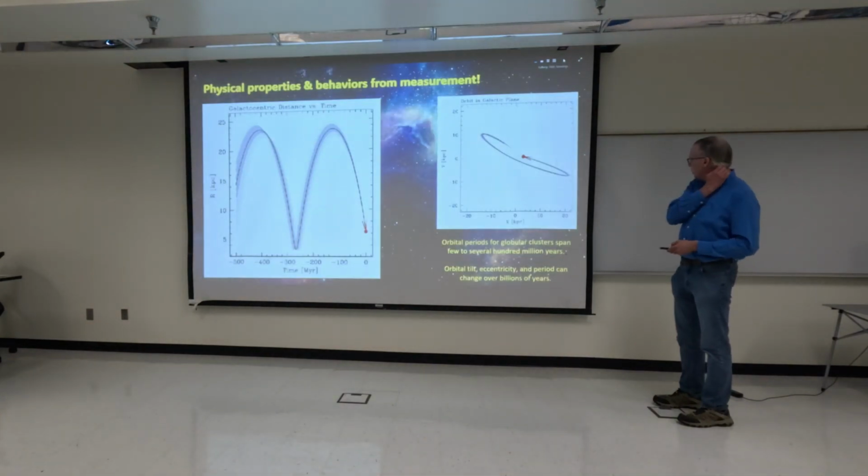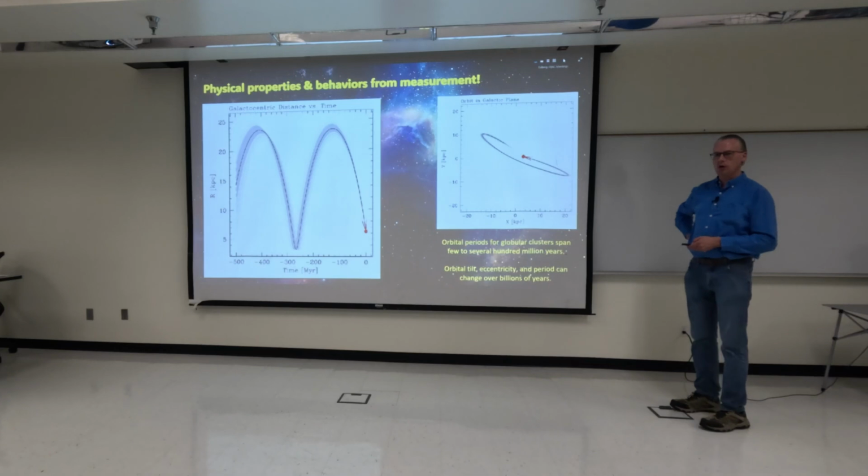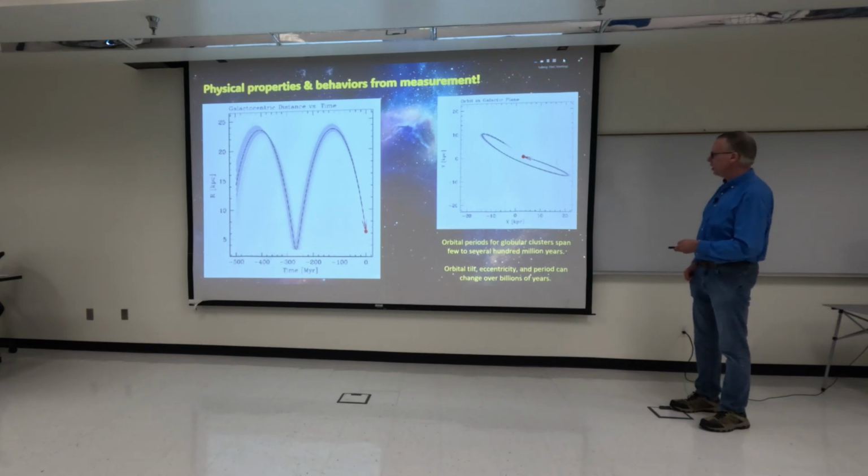One thing is the orbital period of these globular clusters. We can look at the motion of these stars, looking at the spectra, looking at the regressional and rotational velocities. And we can see what we call the galactocentric. So we can look at the structure of these orbits, their radial distances from the center of the Milky Way. We can look at this along the plane of the Milky Way galaxy and see how the orbits are actually changing. Every time a globular cluster orbits once around the Milky Way galaxy or around any galaxy, the orbit will change, the eccentricity, the shape of it will change, the periodic motion will change, and its tilt will change. But that occurs in some cases anywhere from 300 to 800 million years.